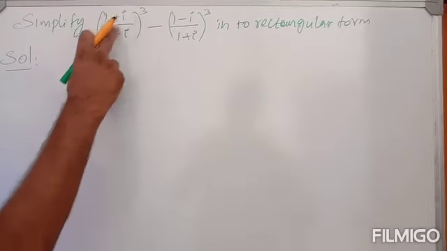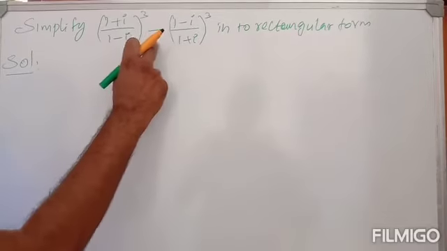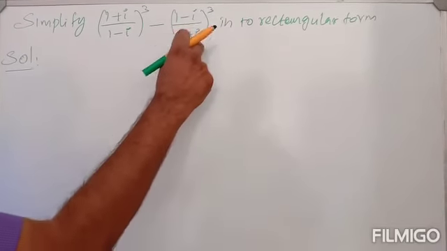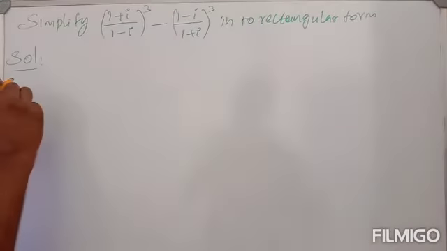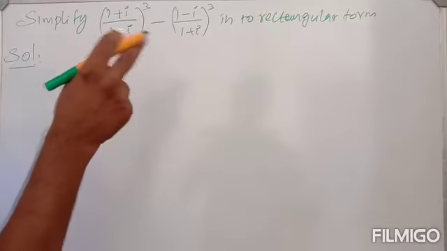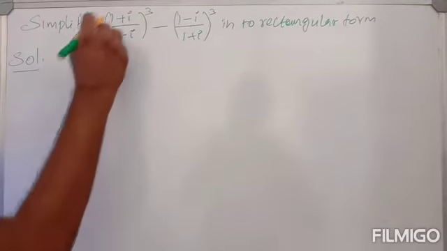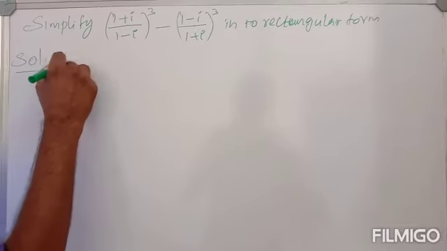Simplify (1 plus i divided by 1 minus i) whole cube minus (1 minus i divided by 1 plus i) whole cube into the rectangular form. Solution. Rectangular form means we can write x plus iy form. So let us consider